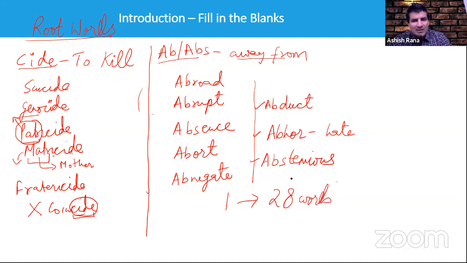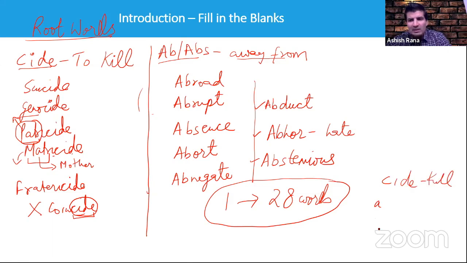And what happens is, if you know one root and there is no negative marking in your exam, if you know that the word side means something to kill, and you will have options like A, B, C, and D, you can pick up a word which has to do something with kill. So that can become a lifesaver at times. So that's how you remember words. This is really about your root words.